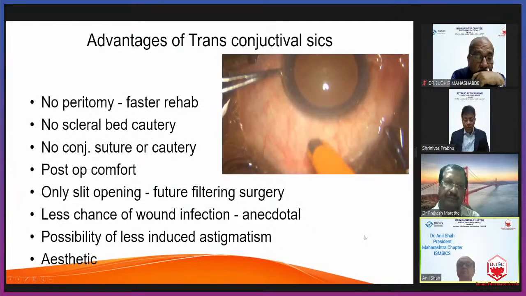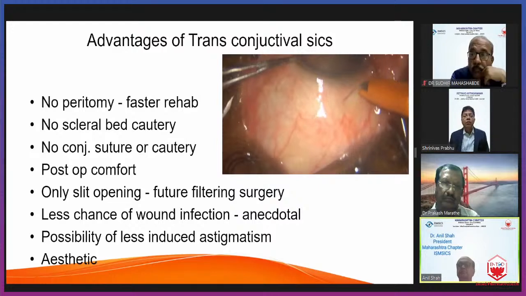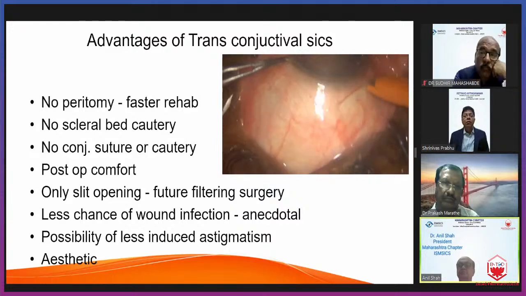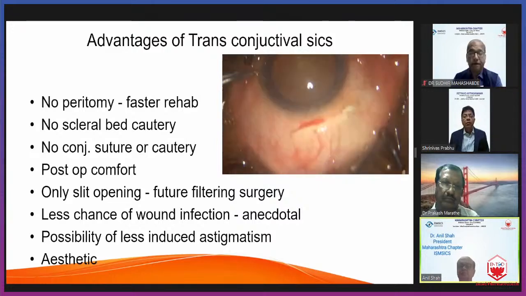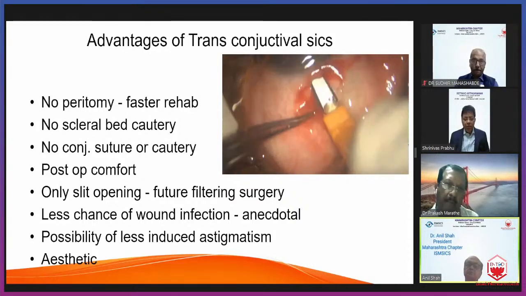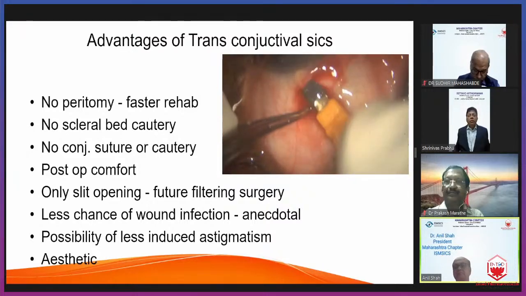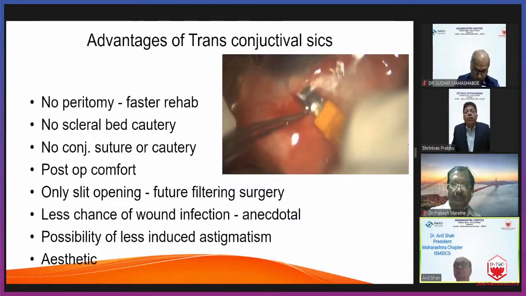So what are the advantages of a transconjunctival SICS? One is because there is no peritomy, of course there is faster rehabilitation. There is no need to cauterize, and you cannot cauterize the scleral bed. There is no conjunctival suture or cautery. Definitely post-op comfort is much better. Since there is only a slit opening and it heals very fast, future filtering surgery is possible. There's less chance of wound infection and possibility of less induced surgical astigmatism, and definitely it is a much more